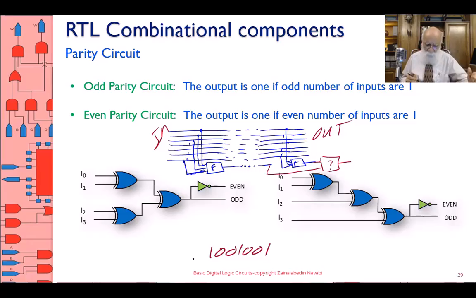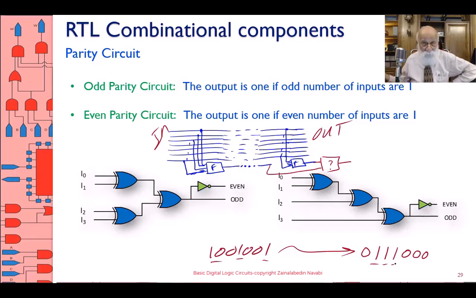Okay, here the number of ones are odd. You are sending it over, and then it turns out this becomes 0, this becomes 1, this becomes 1, this becomes 1 0 0 0. Okay, the number of ones are odd. The number of ones on the receiving side are also odd. Then your circuit tells you everything is fine,